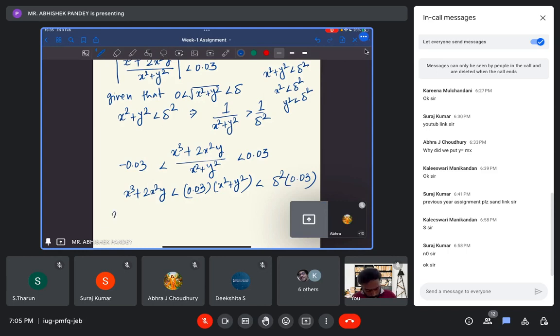Okay, so this will be less than delta square into x plus 2y. Okay, and x plus 2y is again less than, so once this is, okay, so it is,